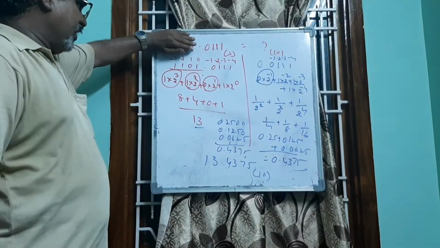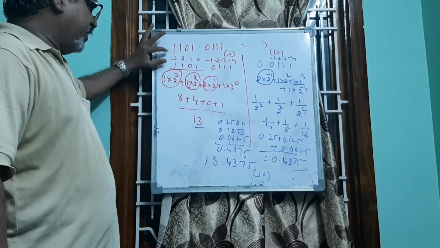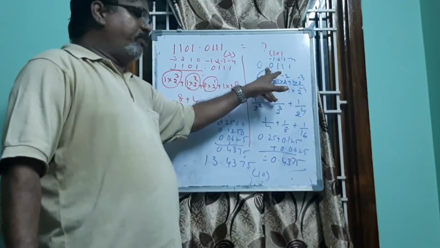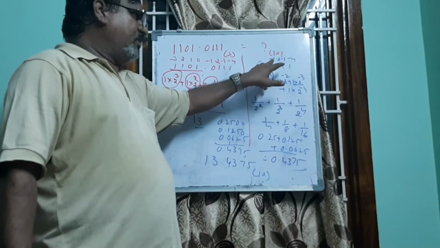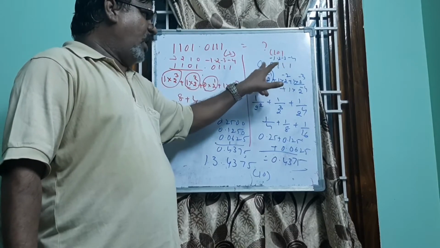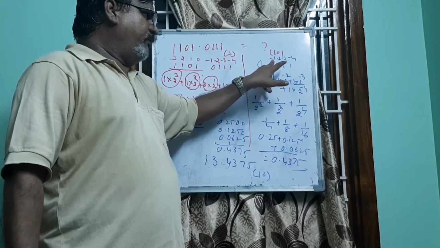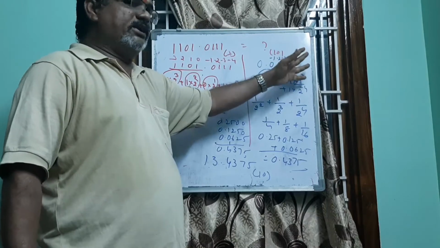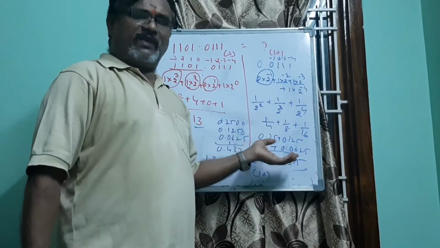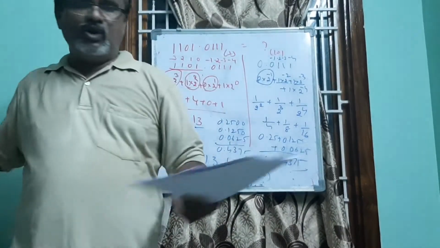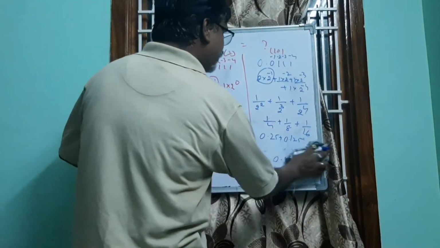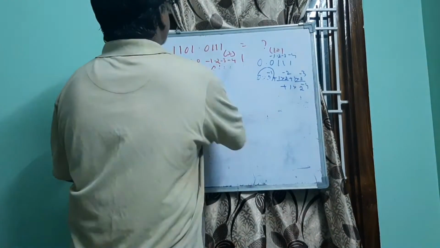So first we have converted the integer part of the binary value, and here 0.011 is the fractional part. Here the position value starts from minus 1, minus 2. Always after the decimal point you start from minus values: minus 1, minus 2, minus 3, minus 4 like this, and the calculation is as usual. This is a simple calculation. You need to have the calculator in the examination halls also to get the final output. Okay. So we take one more example.